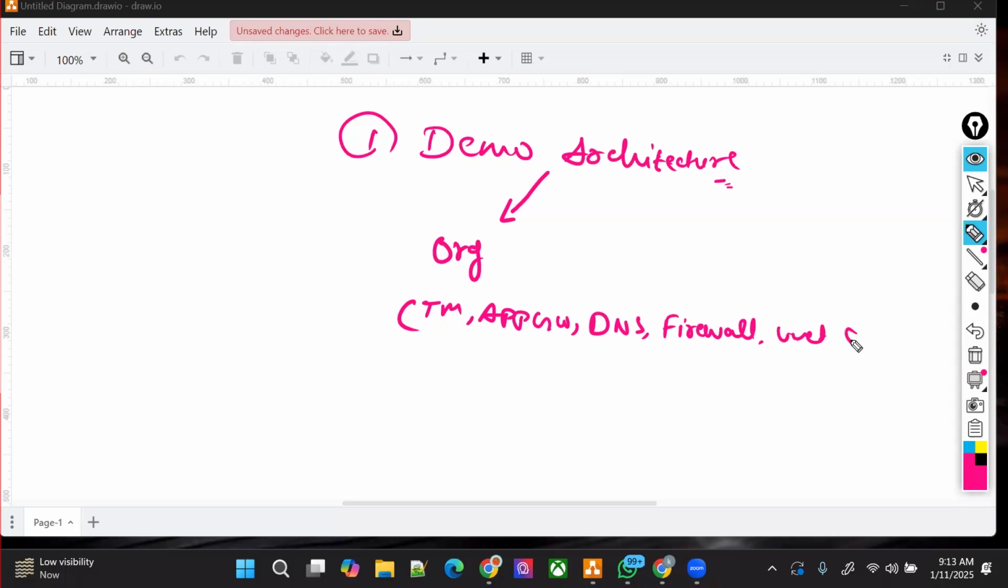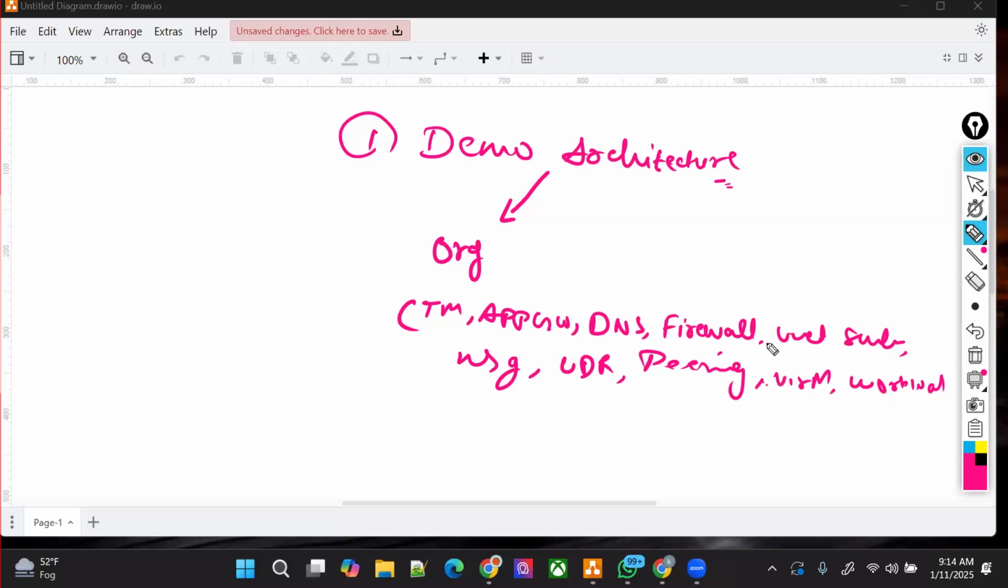VNet, subnet, NSG, UDR, which means user defined route, and what else is there? Peering, right? And diverting the traffic to the firewall, virtual machines, VM, workload configuration, all those specs. I tried to put most of the stuff in one demo architecture,